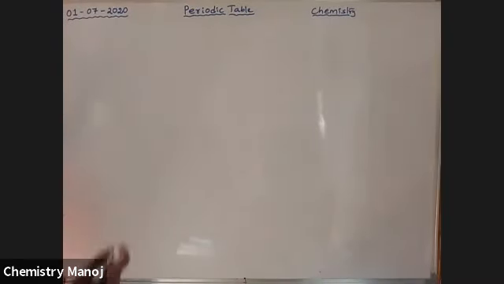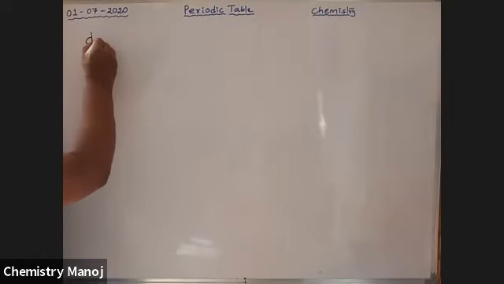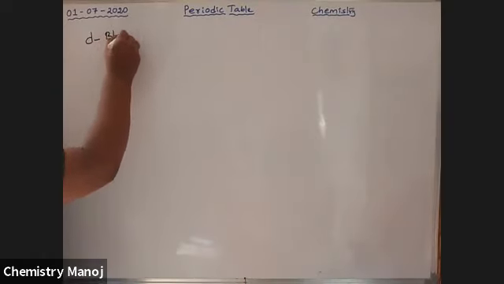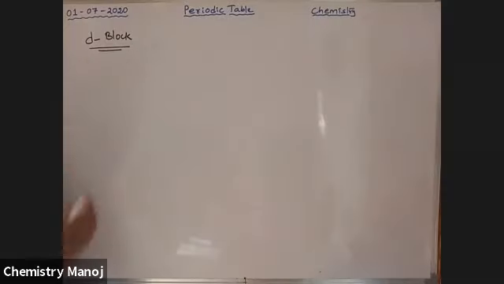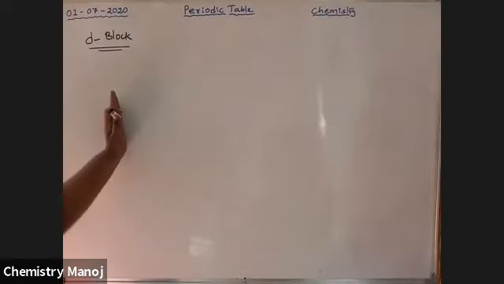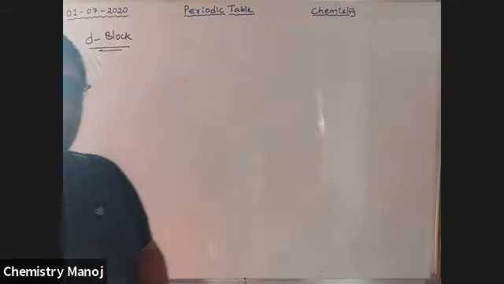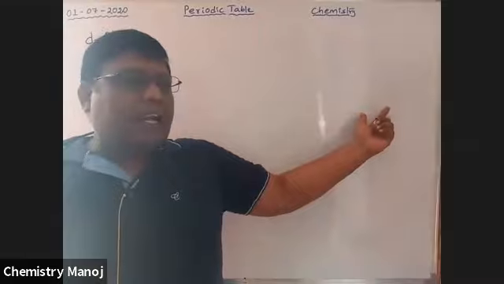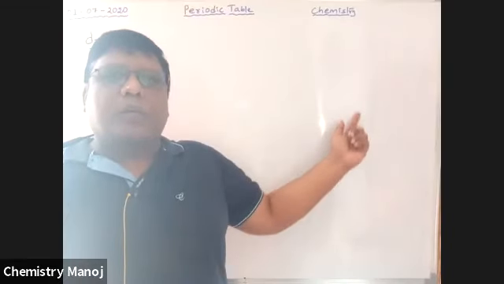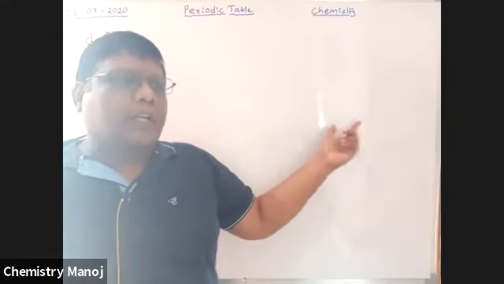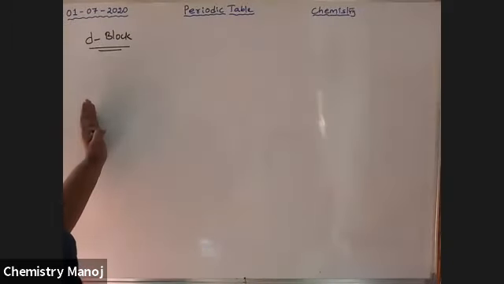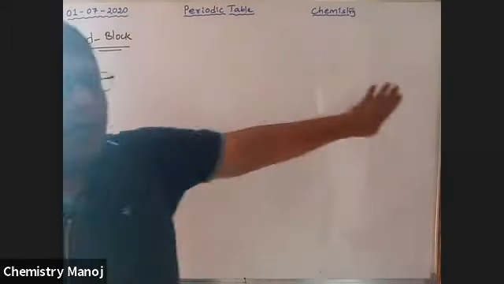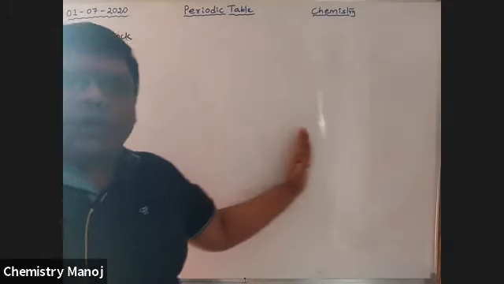Okay, now we are discussing D block elements, small d. Where are these D block elements present? These are present in between S and P block elements. S block elements are highly electropositive. P block elements at the end are highly electronegative elements: fluorine, chlorine, bromine, all those. That means high electropositivity slowly transforms into high electronegativity through these D block elements.